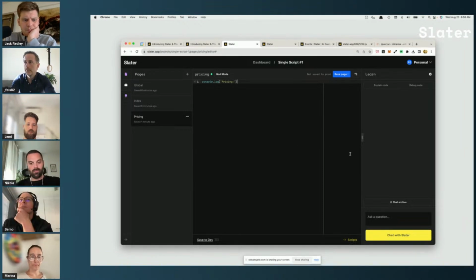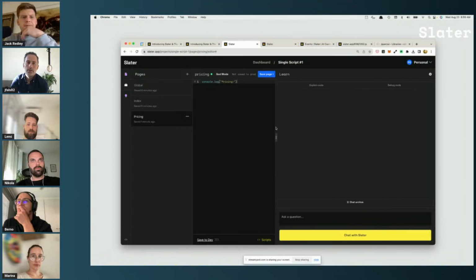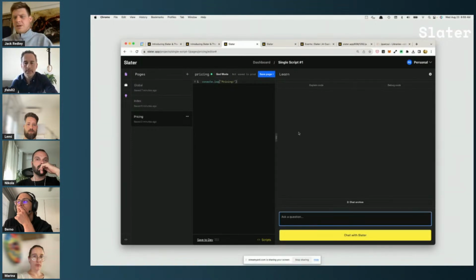Cool. If not, then let's talk about how I become a developer or a better developer. And this is where AI comes in and is extremely powerful. So here we have the Learn panel. As a developer, in my VS Code I use something called Copilot. Copilot is kind of like an autocomplete for your code, and it can be useful at times, but I think this chat interface is really the best way to interact